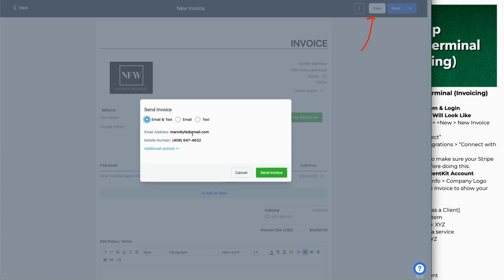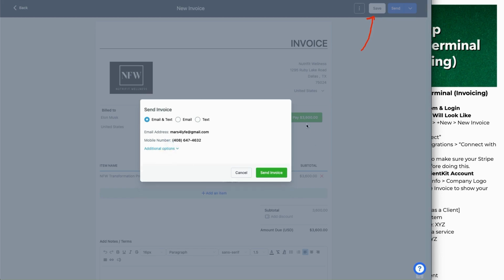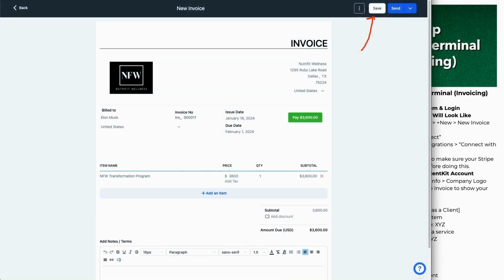Now, in addition to that, if we go over here to additional options, we can go ahead and test this, and we can put this in live mode or in test mode. We'll come back to this in just a second, because in an upcoming training, you are going to test this entire system. So you can put this into test mode and then test it yourself. Okay. But for right now, we're going to go ahead and save Elon the invoice and not send it to